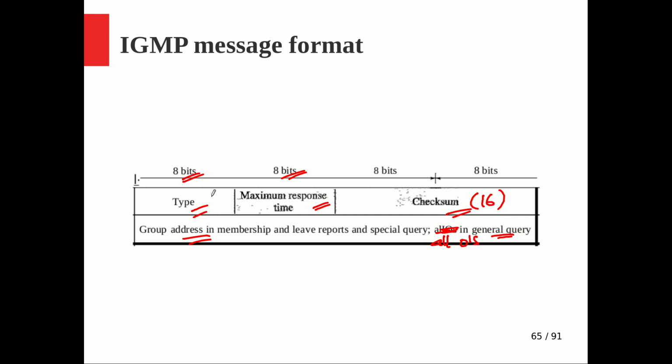Type, in the sense that we have already seen 4 different types of messages. This is a field that indicates what type of message it is, whether it is a query message, where a common type is used for general and special query, or whether it is a leave report or a membership report. That will be indicated by the 8-bit type field. Maximum response time is particularly for the query message. Whenever you generate a query, after how long the machines are supposed to respond back to the query. That is the maximum response time. It is represented in units of 1/10 of a second, so that is something you can keep in mind. I don't know the reason, but anyway they are representing it like that.